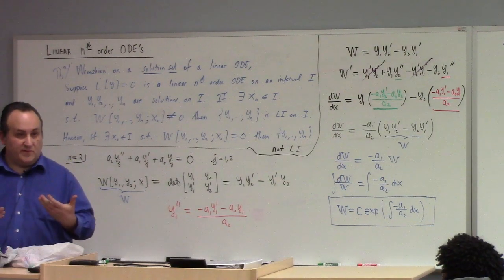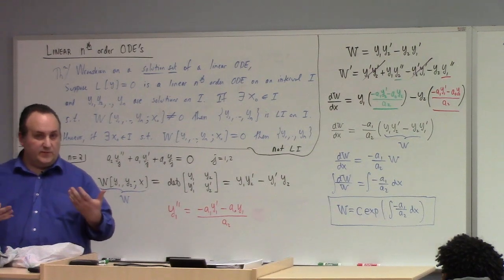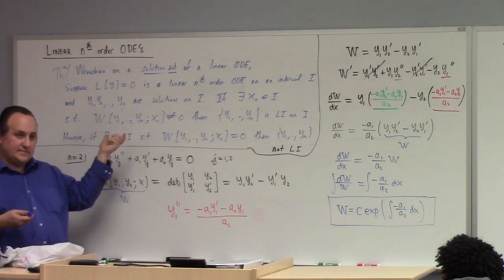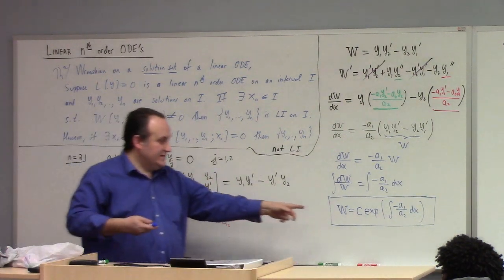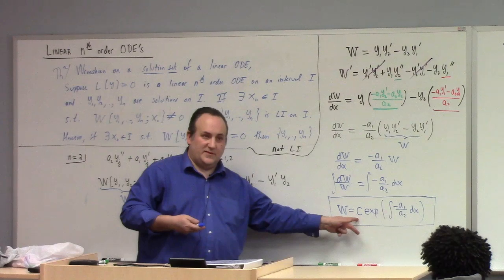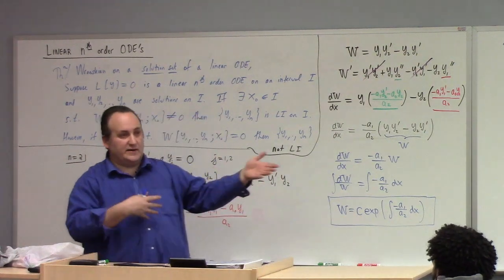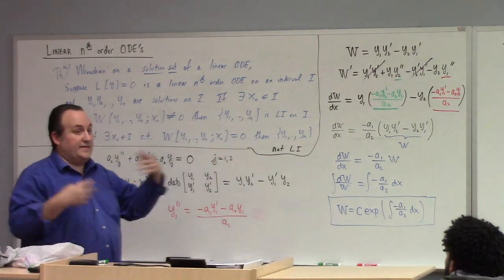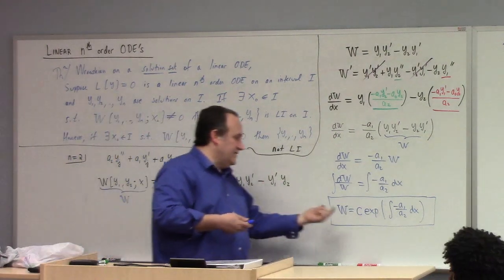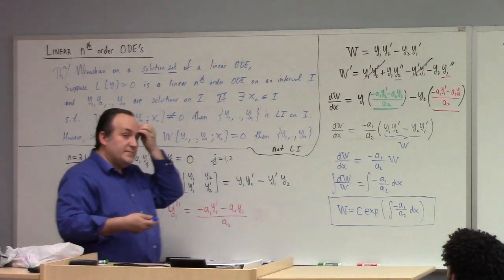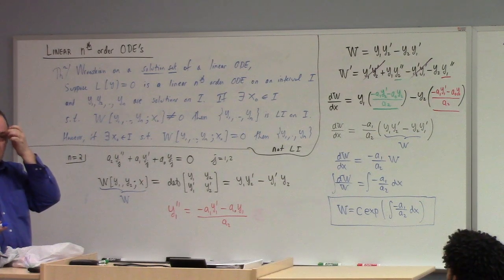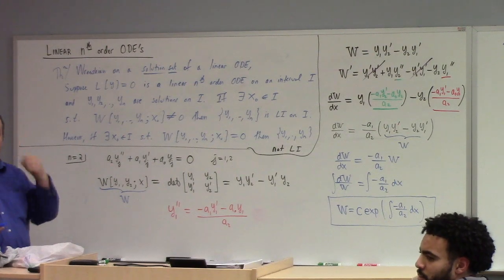This formula proves my assertions. See how this works? If the Wronskian is not equal to 0 at one point, that makes this constant non-zero. Therefore, the Wronskian is identically non-zero, which proves it's linearly independent by our previous calculation. On the other hand, if that is 0, that means the Wronskian is identically equal to 0. And it actually follows then that the solutions are linearly dependent. Although I think technically speaking, I haven't proved that. But